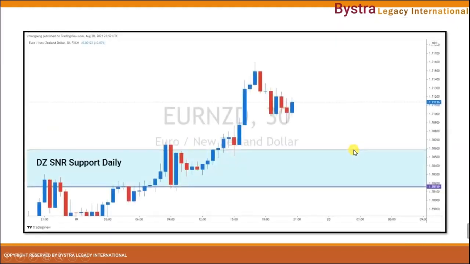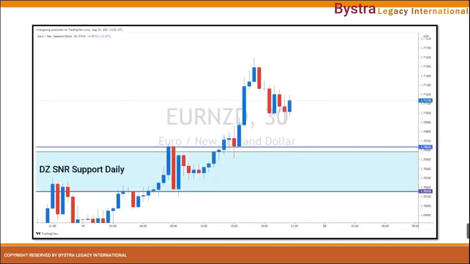So we go to the M30 time frame. After there is a confirmation of rejection from the zone, especially with the bullish engulfing that is clearly break the danger zone SNR on the daily time frame, therefore, we need to look for setup. In the M30 time frame, we can see here there's a setup. Can you guys spot the setup? Have you got it? Yes, it will be the